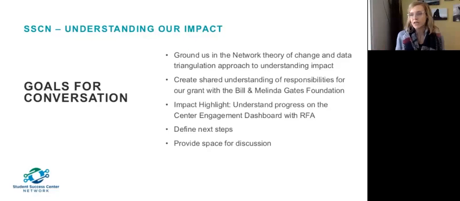I'm going to ask everybody to allow me to get through this next chunk of slides so that we can get all the information on the table, and then we'll create some space for conversation. Some of this is fairly complex. Some of it many of you have seen before, and some of it is new. So we'll start by grounding us in our network theory of change.